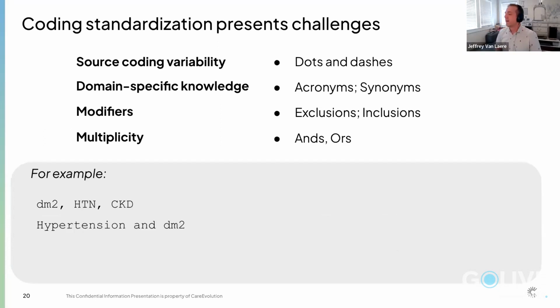We sometimes need to deal with multiplicity in the text. So it may be a field where it has something like hypertension in DM2, and maybe that's great, and we're mapping to SNOMED, and there actually is a SNOMED code for hypertension and diabetes. But maybe it's even a longer list or some other combination of diagnoses for which there actually is no single code in the reference terminology we're mapping to. So we need to make a decision. Can we map to multiple things? Are we going to just choose one? Which one do we choose? Do we map to nothing in this case?